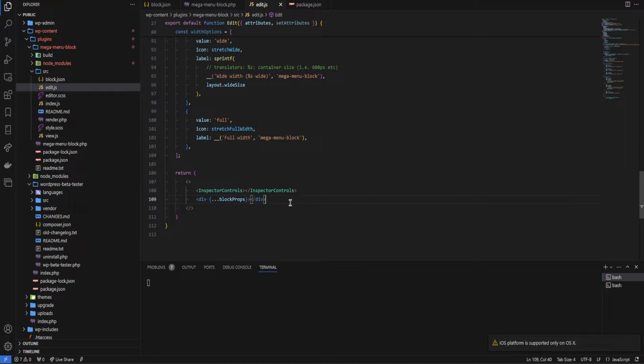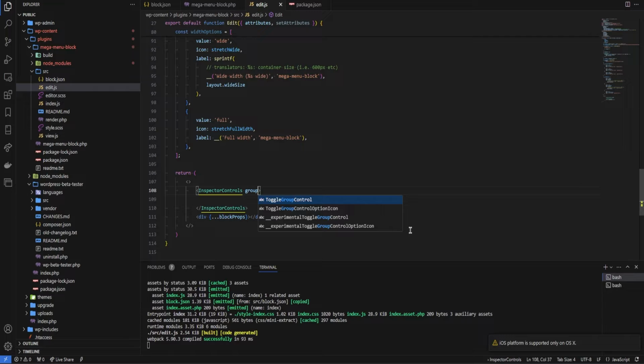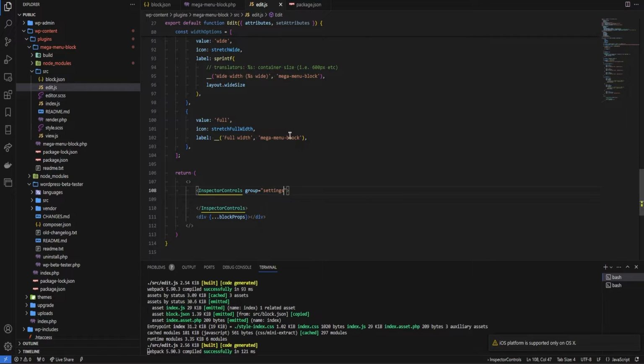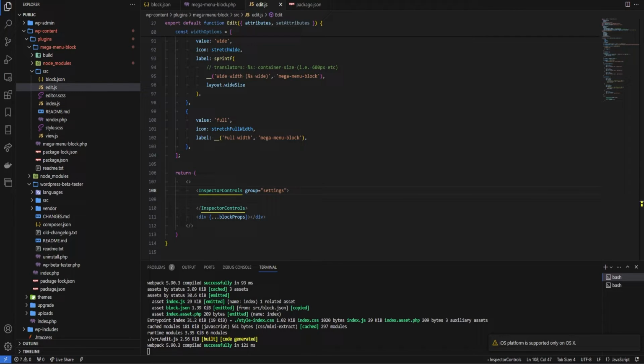All right. For the inspector controls, I'm just gonna paste in the code, which has the group settings, and I'm gonna go over it because I can't be asked to type everything. Let me quickly see. Okay,